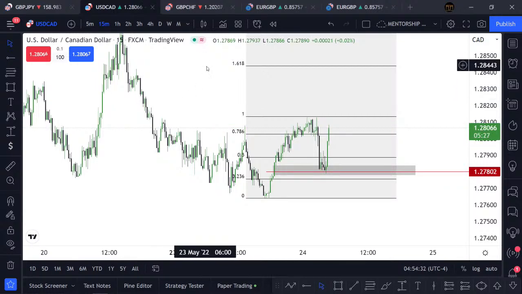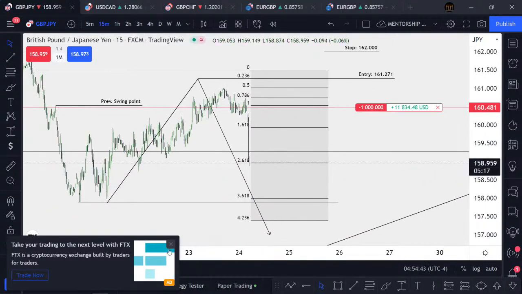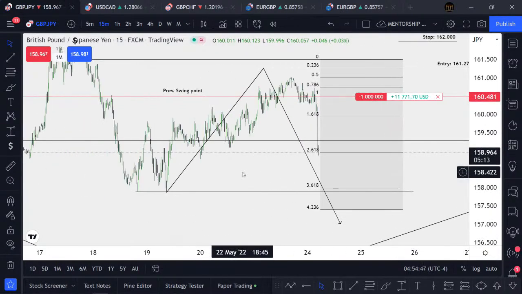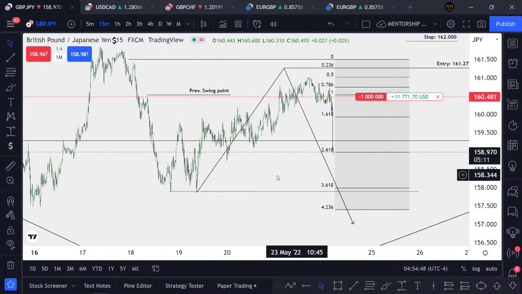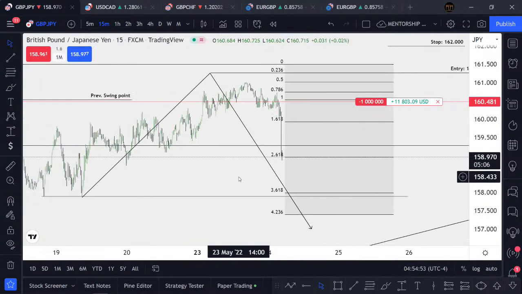Let's go ahead and look at another dollar pair. Now I'm also going to stream that session just like I've streamed this, but this time I will try to be a bit early for the London session to give you a clear picture,